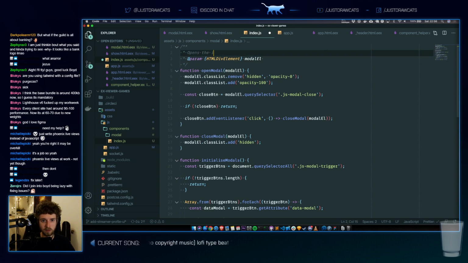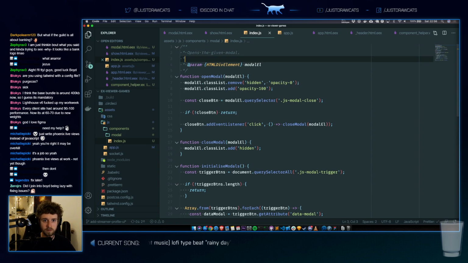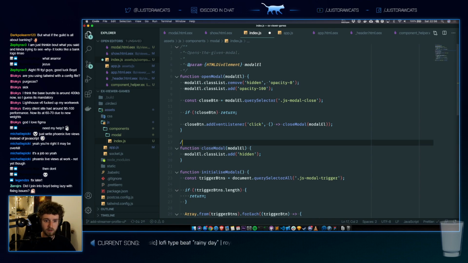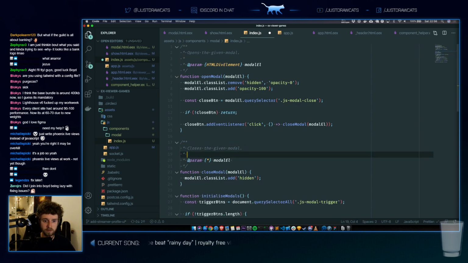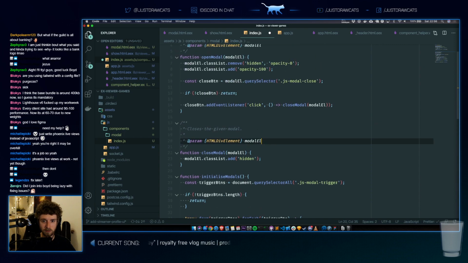Opens the given modal. Closes the given modal. It's just a div element that we're calling this on, but you know.